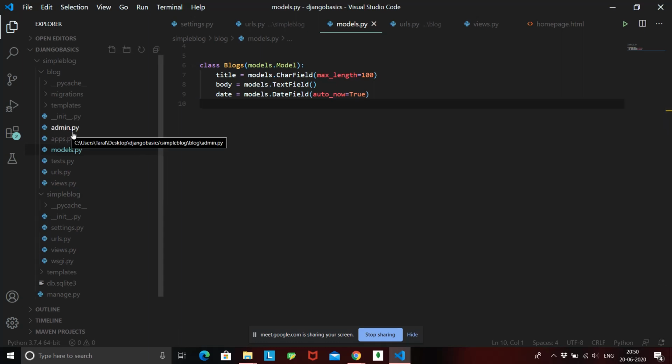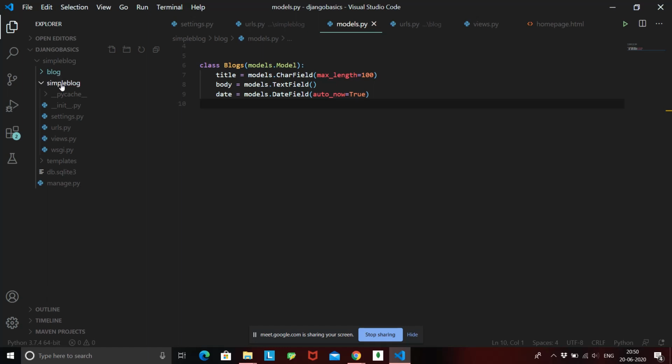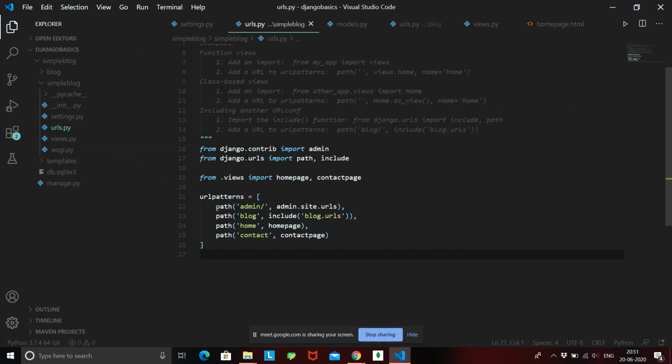Okay, so now what does admin mean? Admin means the owner or the manager or the controller of your app, right? Because you will be the admin of your app. So Django provides a special controlling page, that is the admin page. And if you go to your root directory, inside that in the urls.py, the first thing we'll see is that there is an admin URL already given to us by Django. We haven't created this admin URL, right? So if we go to admin URL, we'll be seeing this admin site. So let's check that out.